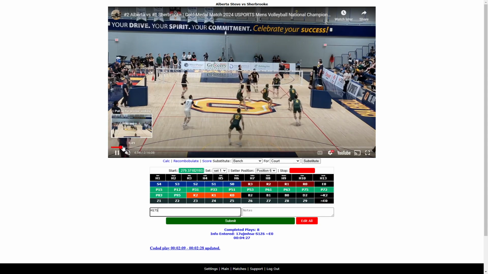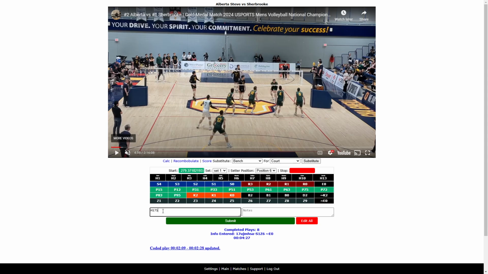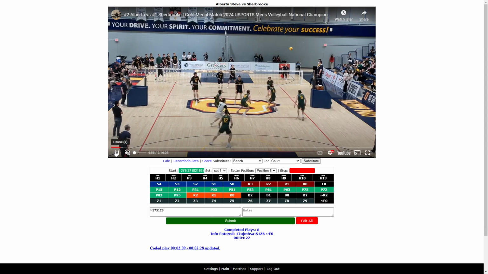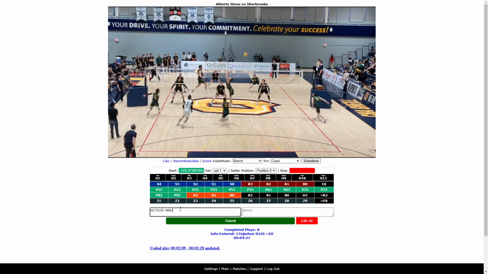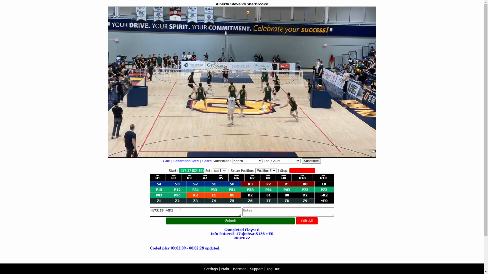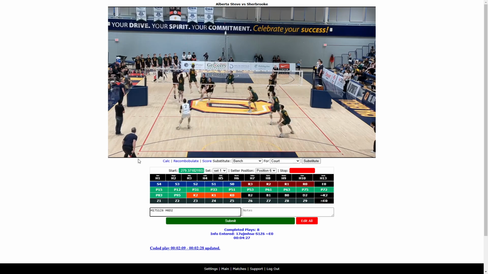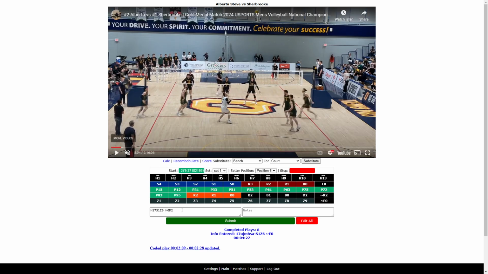Dig by the Libero, who's number 6. S1, zone 6. What did I say the Libero's number was? Is that a 6? H6D2. H6 again. Okay. H6D2, H1P75,